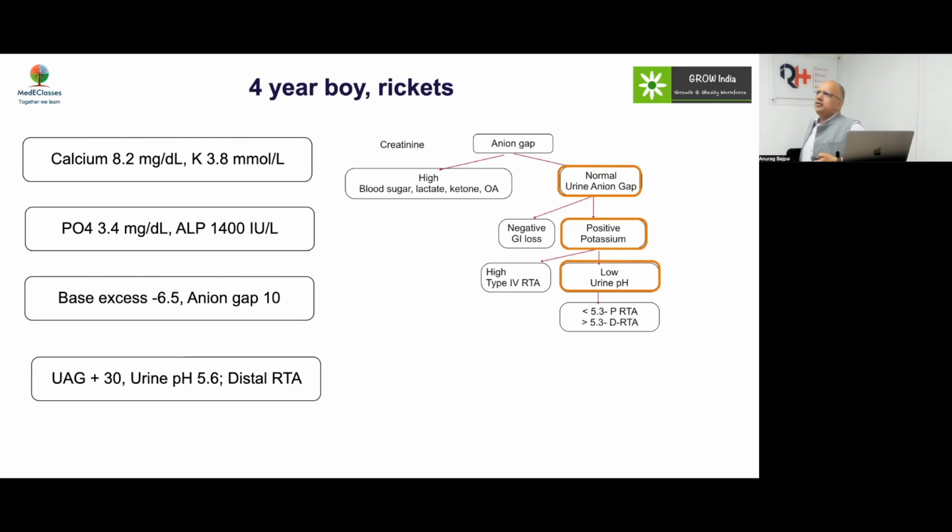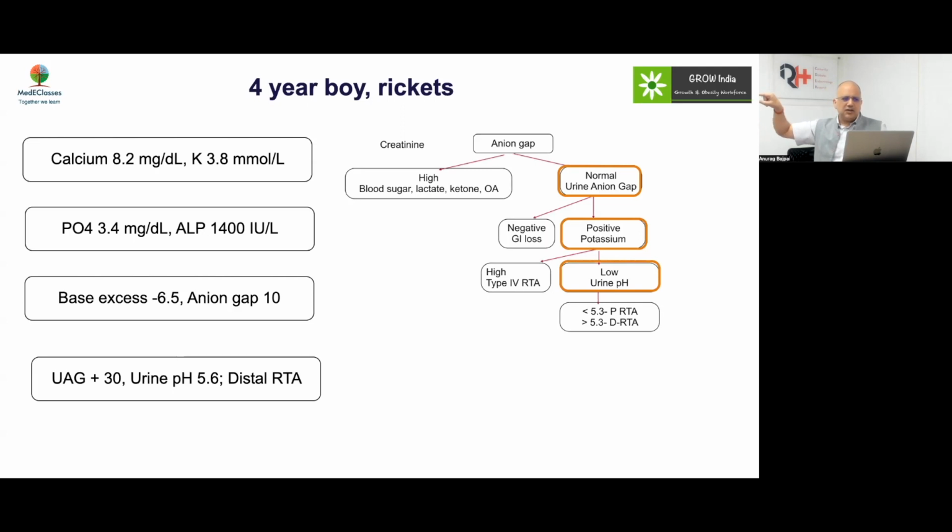Now, many times I have seen people say, okay, let's do an ammonium chloride loading test to see whether this could be RTA, a covert, incomplete distal RTA. This is a concept which comes largely from adult studies, predominantly for patients who have renal calcification. In my experience, I have not seen a patient who comes to me with distal RTA, particularly with fractures and bone disease, without a severe metabolic acidosis. So people say you may have a compensated RTA and still rickets. That's not the case in children.